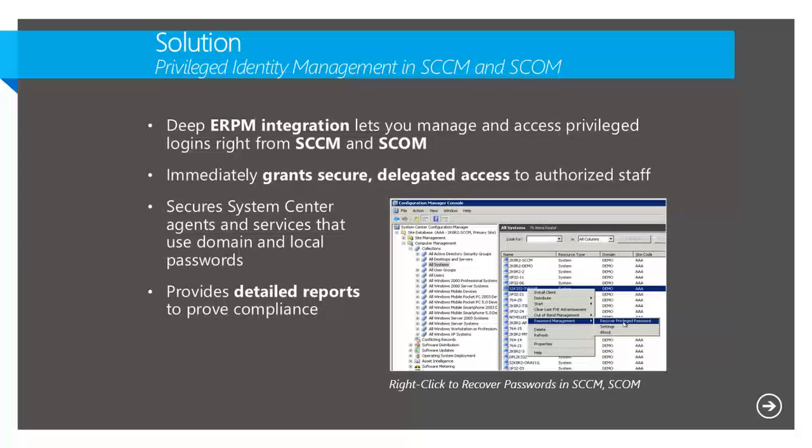So what our solution does is right within the SCOM interface, if you see a machine that you want to get into, you just right-click on the machine. You request password access to that machine. And what it will do is it will pop up a screen asking you to re-authenticate. And then it will go ahead and give you the credential to get into that machine right there and then. And what's really cool about it is it only takes 5 seconds, 10 seconds to get the credential.